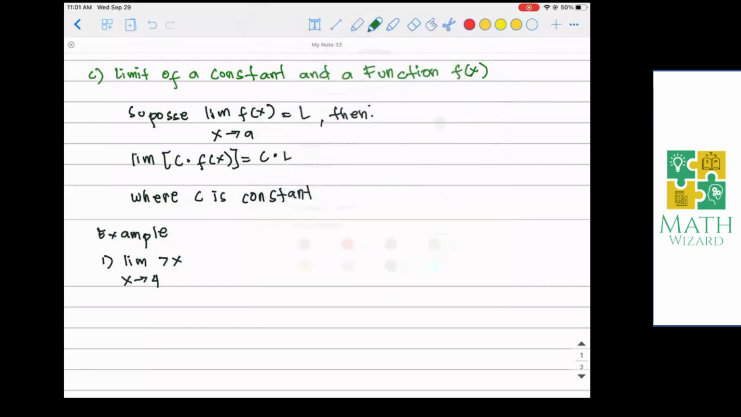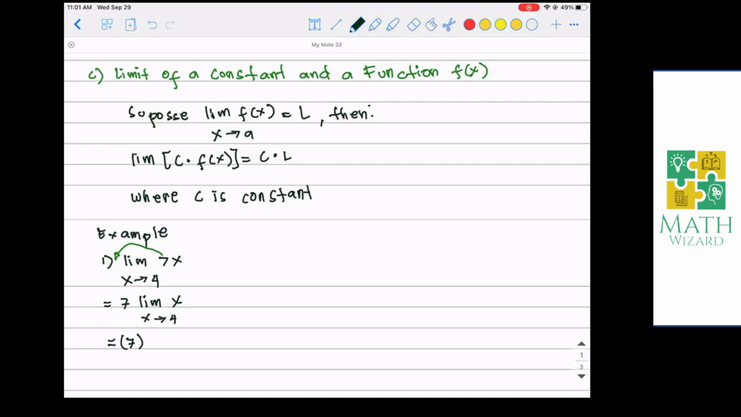So for our constant, let's just move it here. Move lang natin dito ang ating constant. So this becomes 7, the limit of x as x approaches 4. I just moved the constant to the left side ng limit. And then, copy ko lang yung 7, and we find for the limit of x as x